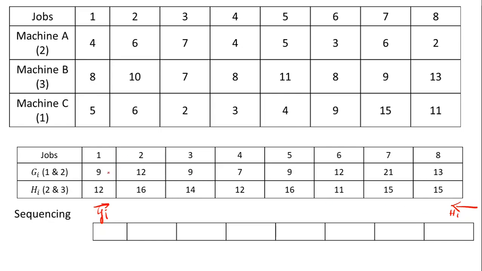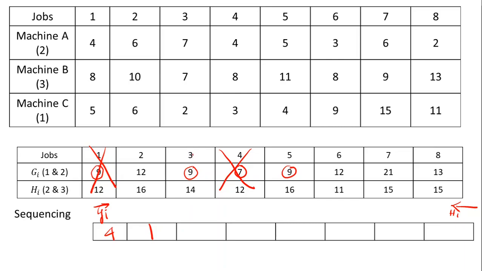So saying so, first look into the entire table and look for the least value. The least value that we can find is 7. So 7 is for job 4 and it occurs in GI mission. So here we are going to fill the job number 4. Once it is filled, then as usual you can eliminate this particular column entirely. Now look into the remaining values. The values that are least in the second place are 9, 9 and 9. So basically here we have 9, job is 1 and mission is GI. So we are going to fill it up over here. After filling up, you can remove this particular column.